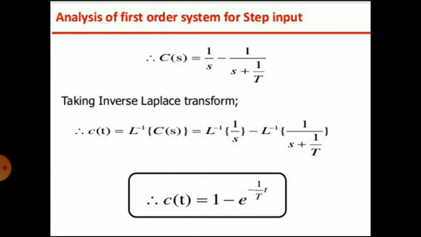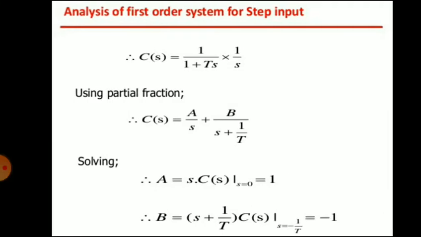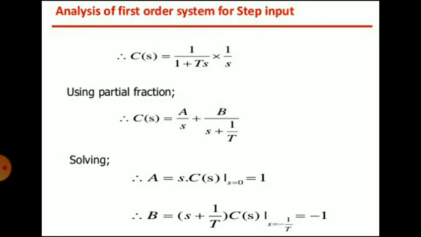So here it is, that value Cs equal to 1 upon S minus 1 upon S plus 1 upon T. So from this, A equal to 1 and B equal to minus 1. So you have to put the value of A and B in the top expression, that is Cs equal to 1 upon,